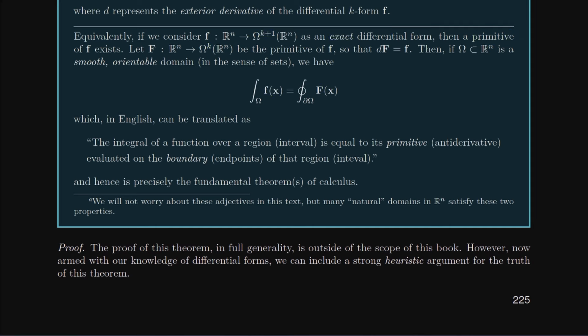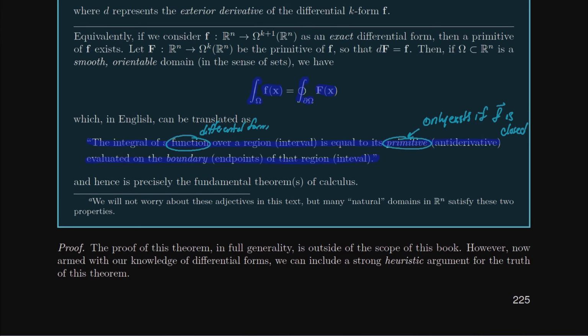And what the generalized Stokes theorem says is, hey, the integral over the domain of the exact differential form is equal to the integral over the boundary of the domain of its primitive. So I'm just going to read that out, what I have here. The integral of a function over a region is equal to its primitive evaluated on the boundary of that region. That's really what the generalized Stokes theorem is trying to say, and specifically with this function, most often we think about it as a differential form. And the primitive, of course, can only exist if f is closed. And so we do require that it's a closed or an exact differential form for the